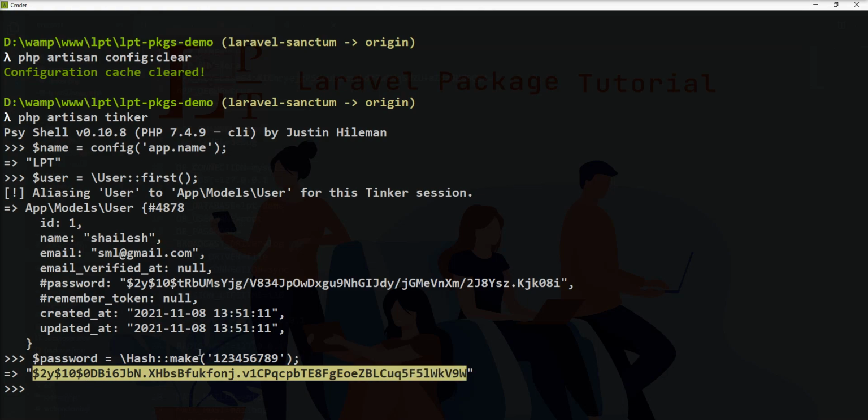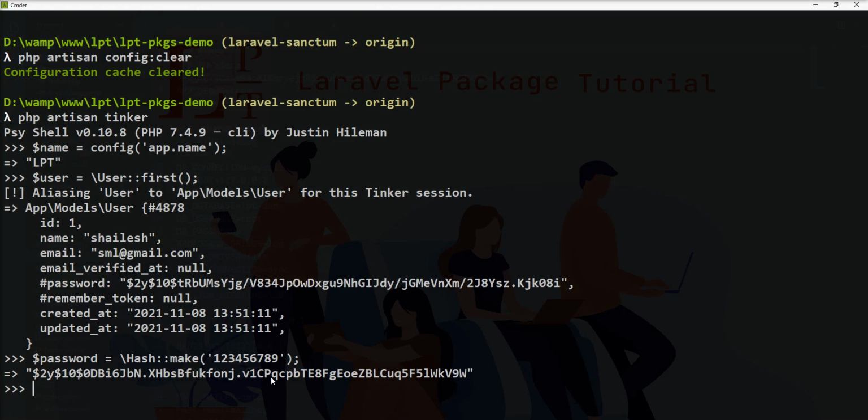Now I am going to check whether this password is true or false using the check method, so let me check, and I need to specify the encrypted variable here, password and check, and you can see here this is true.